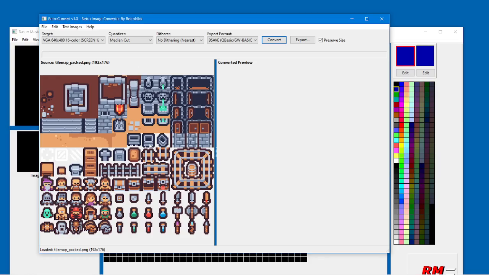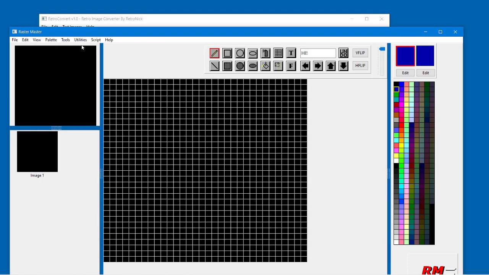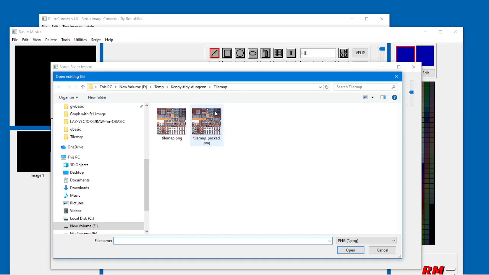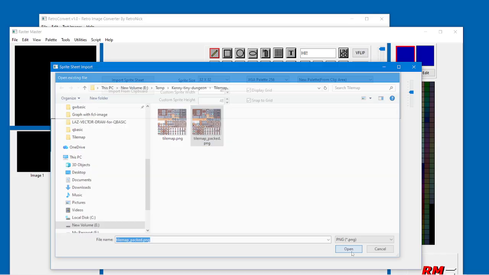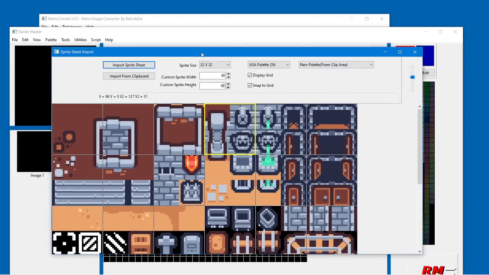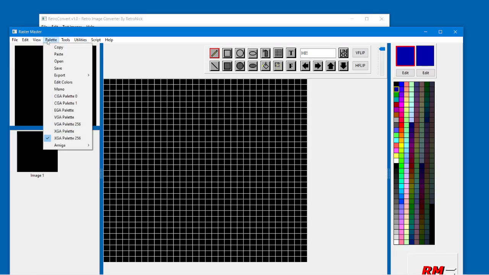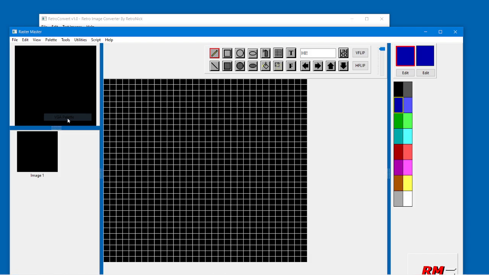And so we have a simple dungeon tile set here. It has thousands of colors. And I'm going to demonstrate by trying to use this tile set before we convert it using my sprite editor, tile map editor. We have a sprite sheet import function here. I'm gonna load the same tile set, and we're gonna open it, and we're gonna change a few things. First, let's go back here, and we're gonna reduce the palette to VGA, which is 16 colors, and